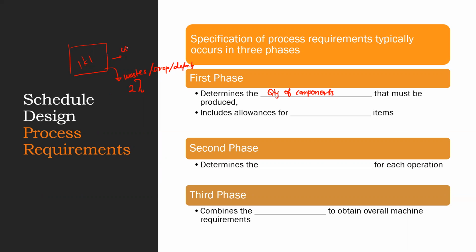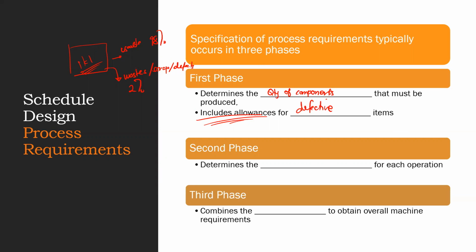So ibig sabihin, ang usable lang dito ay nasa 98%. So you must understand na hindi lahat ng components natin ay magagamit sa finished goods. Hindi lahat. So we must consider allowances